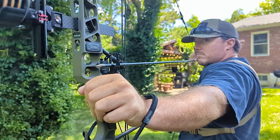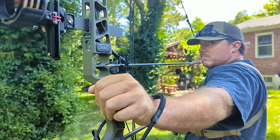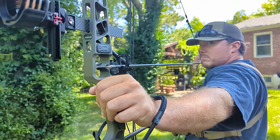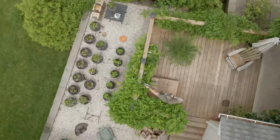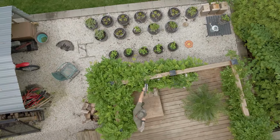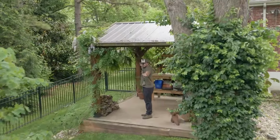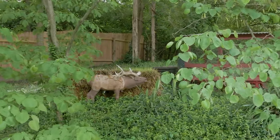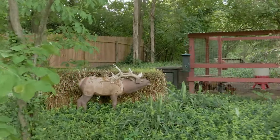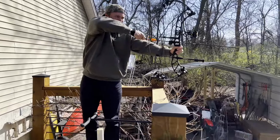Another suggestion for anybody beginning is when you're practicing and you start to hunt, put yourself in scenarios that you find yourself in the woods. Different shooting positions, uncomfortable. A lot of people comment on my stance and how my feet are so close together. Well, that's because like 90% of my shots taken in the woods are on a small platform high up in a tree. So there's lots of things I do in my everyday daily shooting that resembles hunting scenarios that I'm constantly practicing. So you want to practice how you play, and the more you hunt, the more you realize